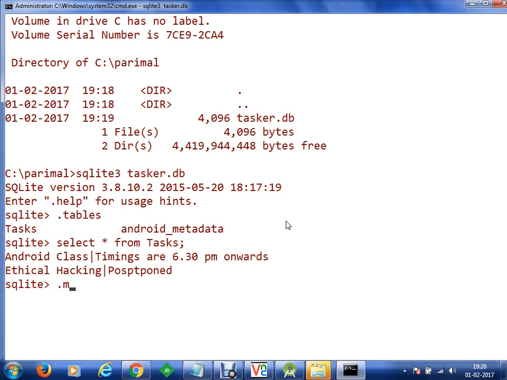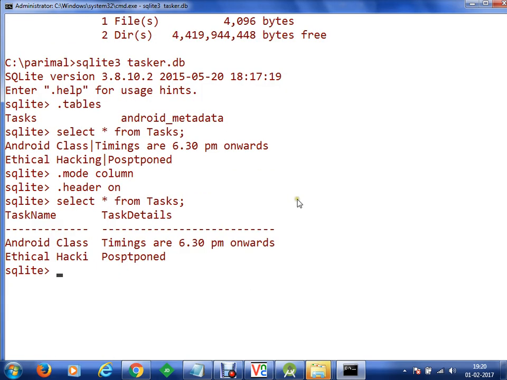If you want to arrange that in column format, you can set mode to column, turn the headers on, and execute select star from tasks, and you'll get your task name and your task details properly.